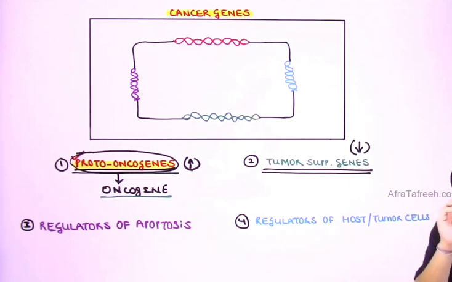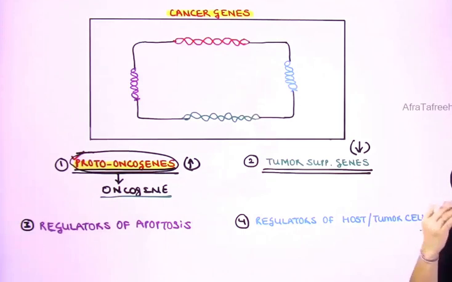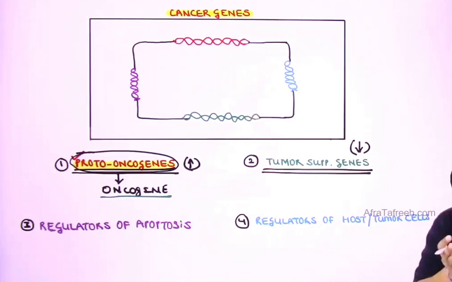Now the point that we need to understand is that in a cell, we have two copies or two alleles of a gene. It is just like a brake of a car. Now if there is one brake of a car which is inactive, which has failed, you have a second brake to protect yourself. So similarly, in a cell, if one copy of the gene gets inactivated or deleted, there is a second copy which is going to take over. But if both the copies get mutated, then the chances of development of tumor become exceptionally high.